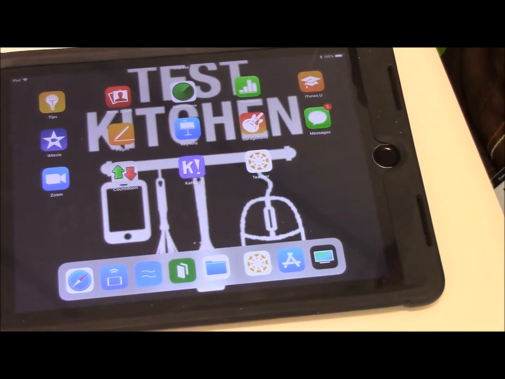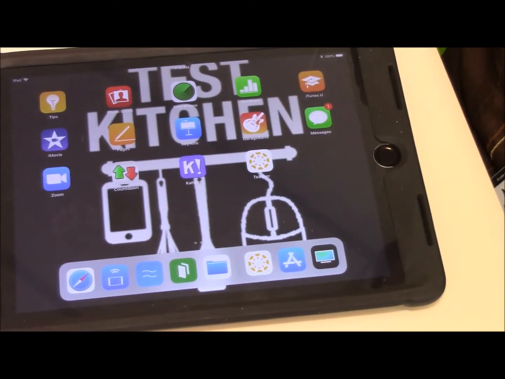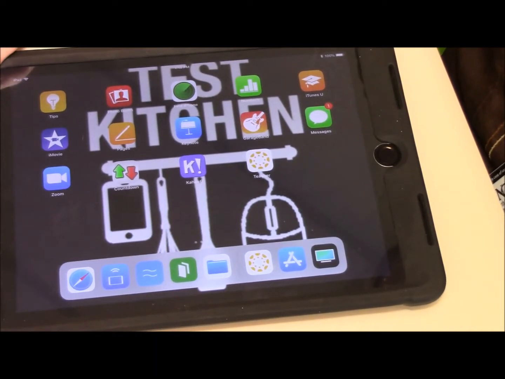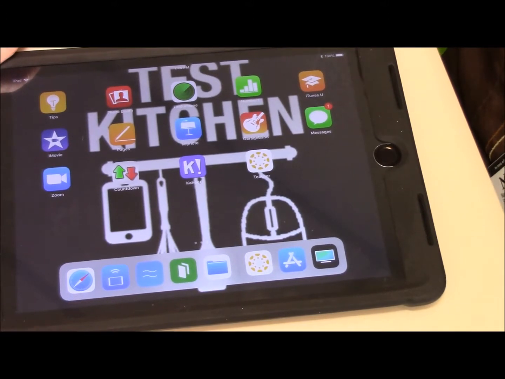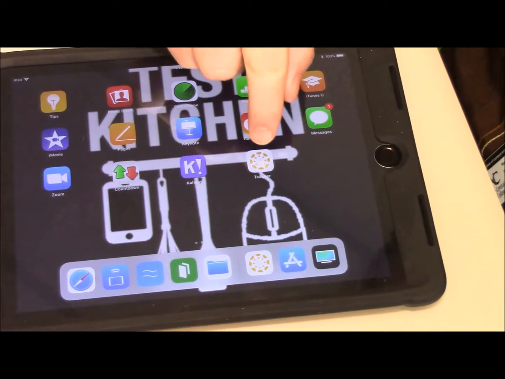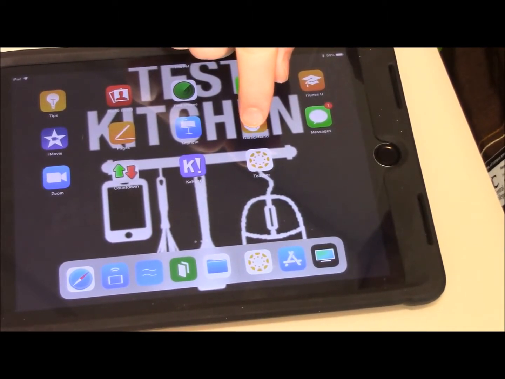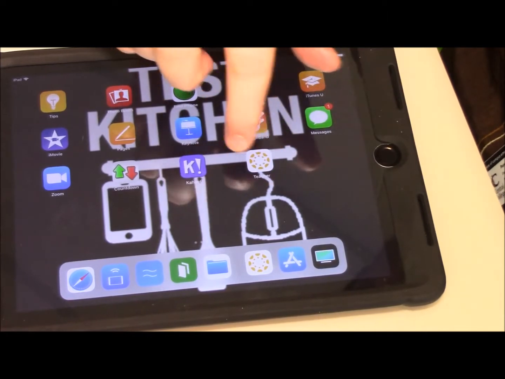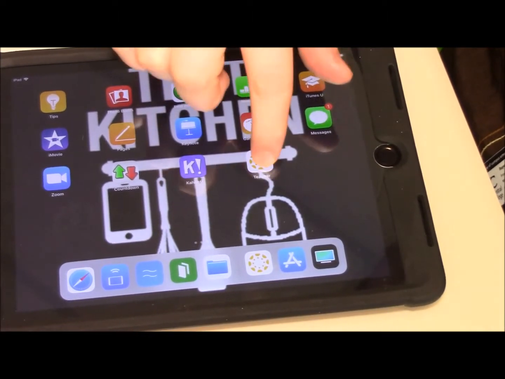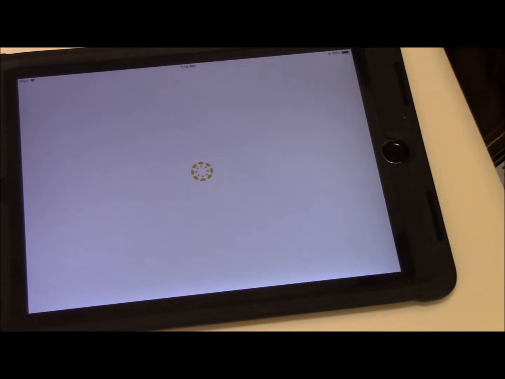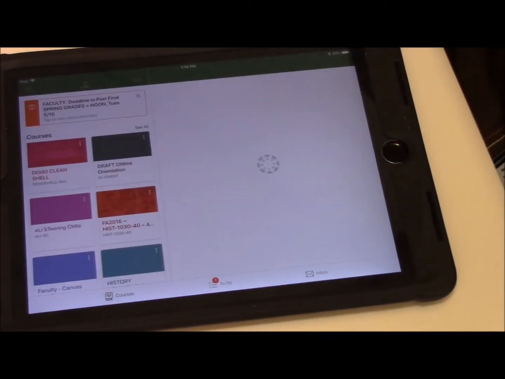As far as the mobile side of things, if you have any sort of tablet device, in this case we've got an iPad, but this also works with any Android tablet that supports Android apps as well. There's the Canvas Teacher app that's available for free from either the Google Play or the Apple App Store. It's a free download. After you get it installed and you select North Central State College and you log in,